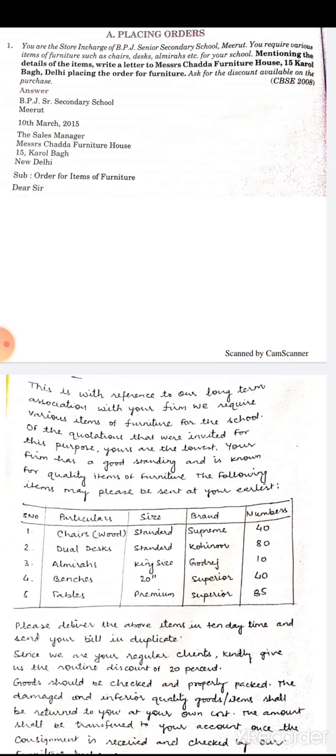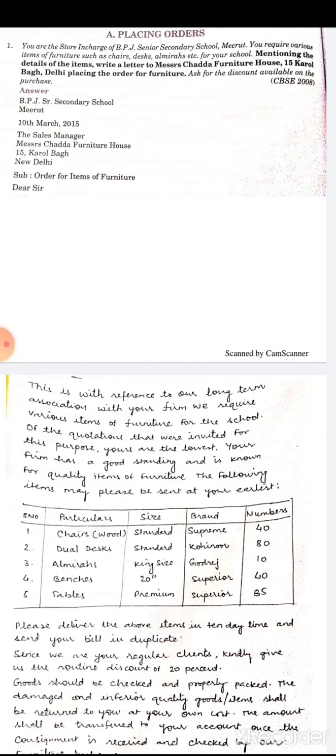It means you just highlighted the importance of that firm from where you are purchasing. You are going to purchase this furniture, and the following items may please be sent at your earliest. Always remember, whatever you are ordering, you have to make a table of that. Clear? Sometimes you write a descriptive note, that is not so relevant in a letter for placing order. What you have to do is you have to make a table in which